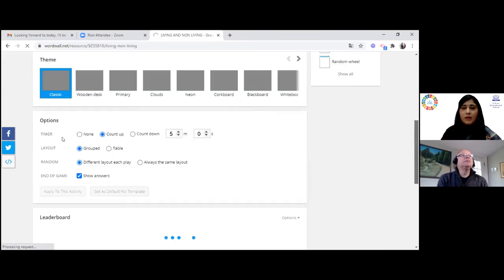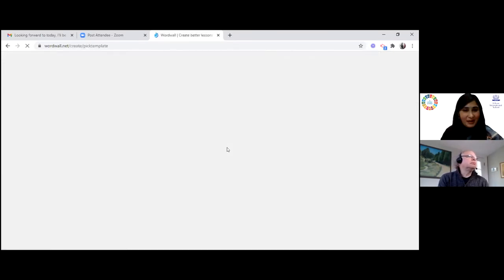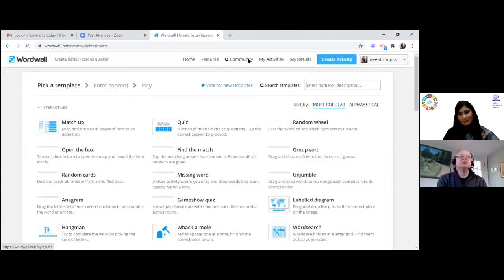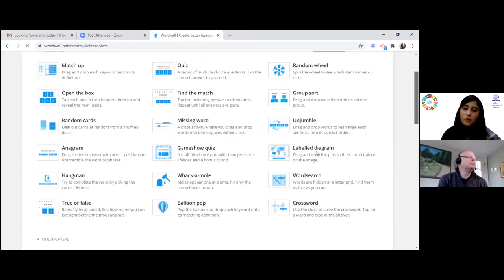So see, here you have the option of timer and the layout, whether you want it grouped or on a table. Actually, the word wall people are playing with us also now. So for the label diagram activity, we'll go and create a diagram and then label it.